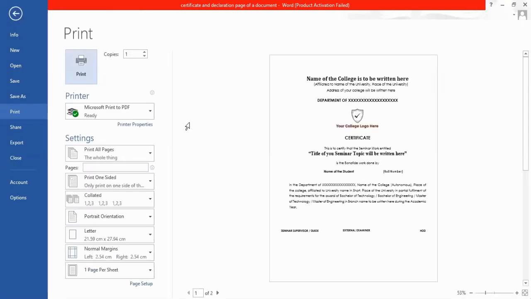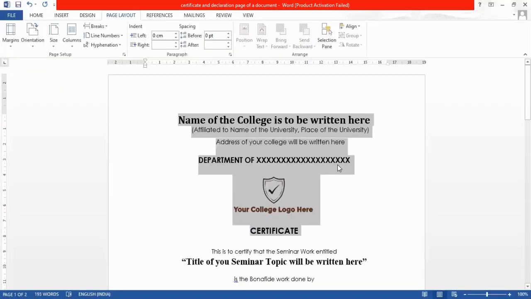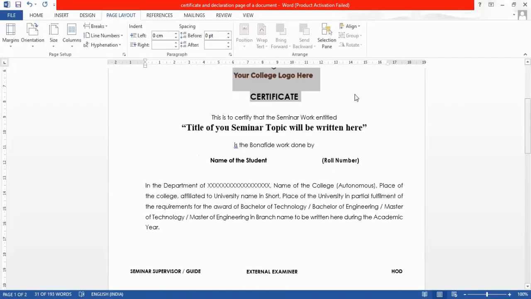So this is somewhat better to see now, but if you want, you can also increase the line gap in between the department, certificate and logos. So now when you see the matter of the certificate, this is to certify that the seminar work and title.